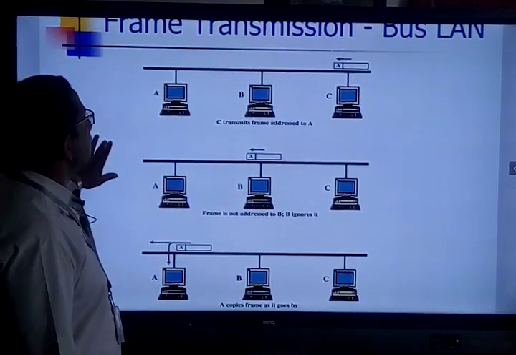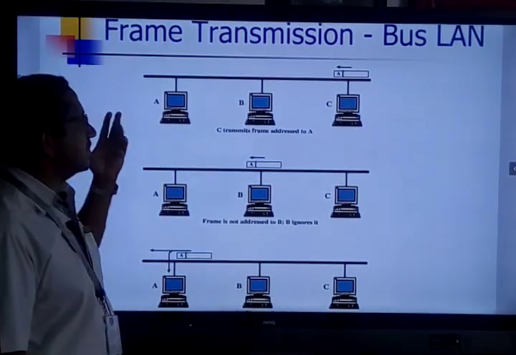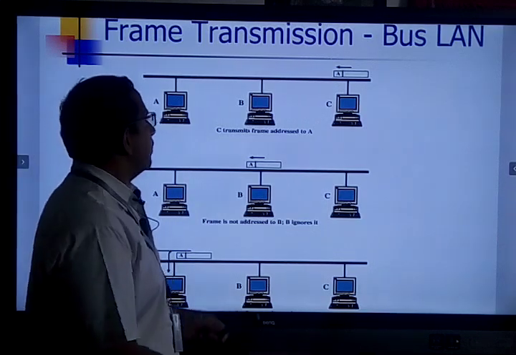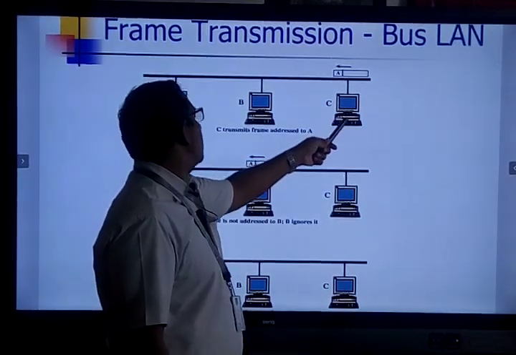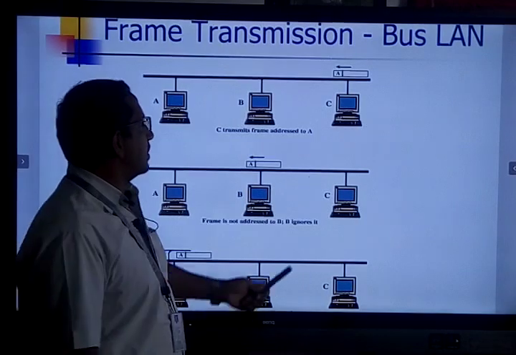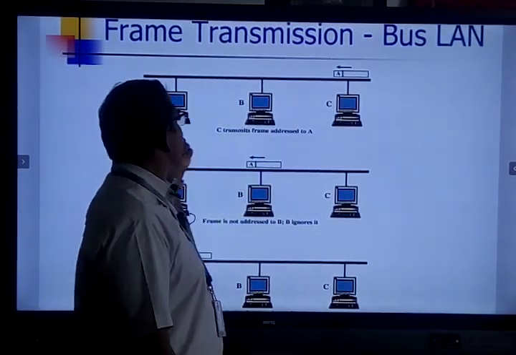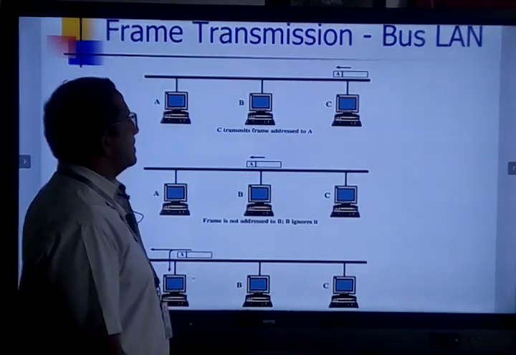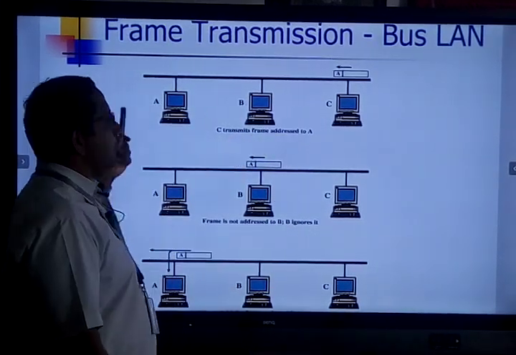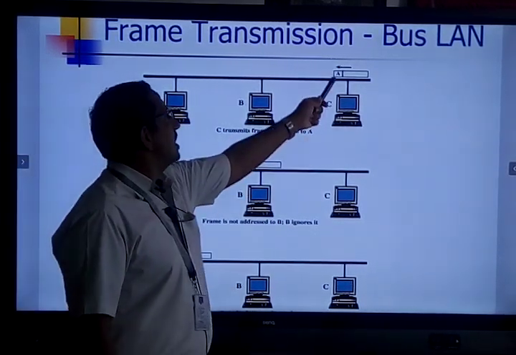Say, for example, using the bus LAN network, how is the data going to get transmitted? Say computer C wants to send data to computer A. What will computer C do? Computer C is going to send data with address A. Now this data is transmitted using a bus topology. Therefore this data will be